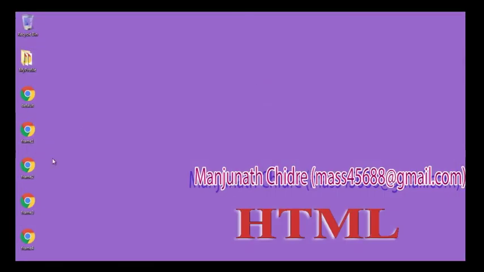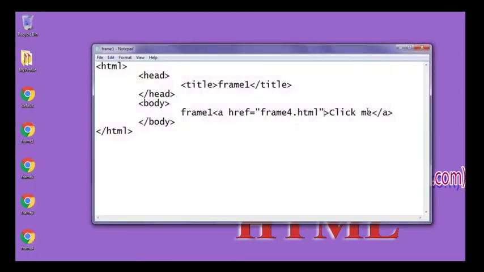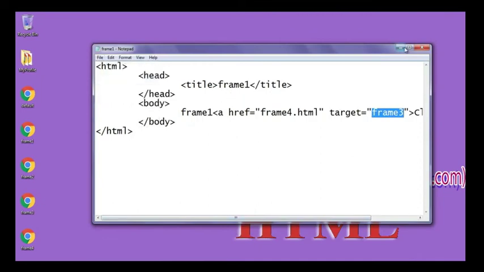Now this time I open the frame1.html page in Notepad. You can see here I am adding one more attribute called target, and we know that the target attribute takes different values like _self to open the frame4.html in the same page. If we want to open the frame4.html in another window, then we write _blank. Do you remember that? Similarly, I can write the frame name here also, target frame name. So here I am writing frame 3, that is the name of this frame. The name of this frame is frame 3. Let me save it. File, Save and minimize.